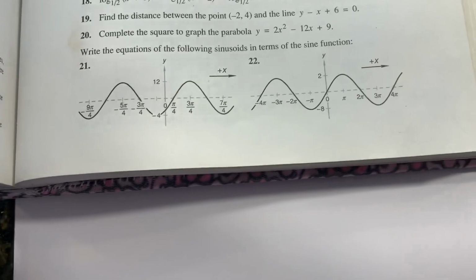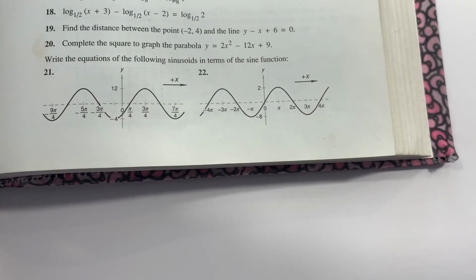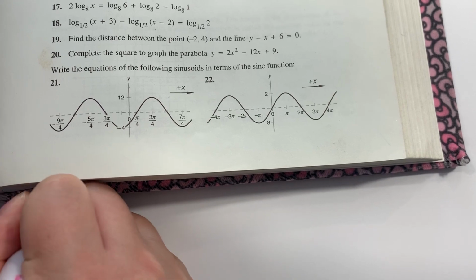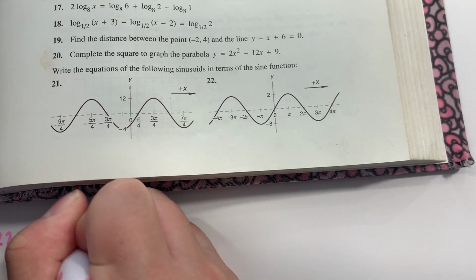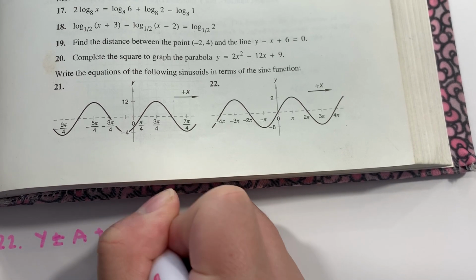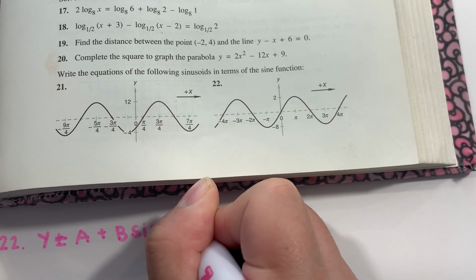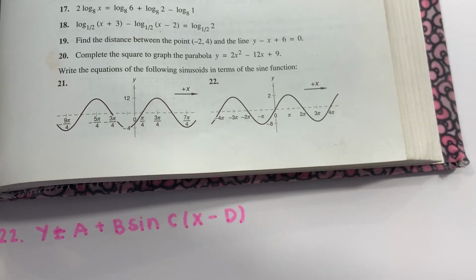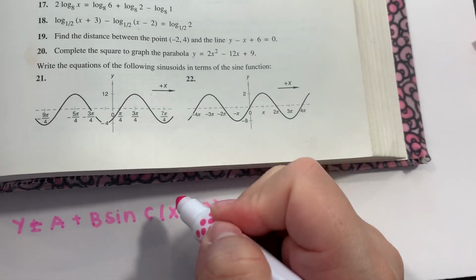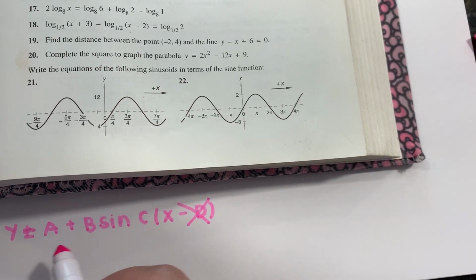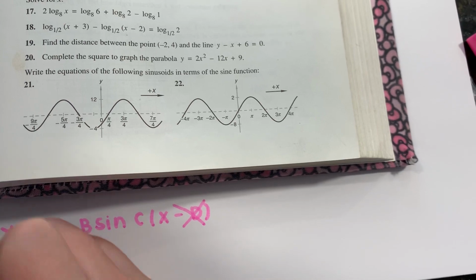So for number 22, I have y is equal to a plus b sine c, and then it would be x minus d. Well, it's already a sine function, so I'm not going to need the phase shift of d. So now I just need to solve for a and b. So the first thing for a